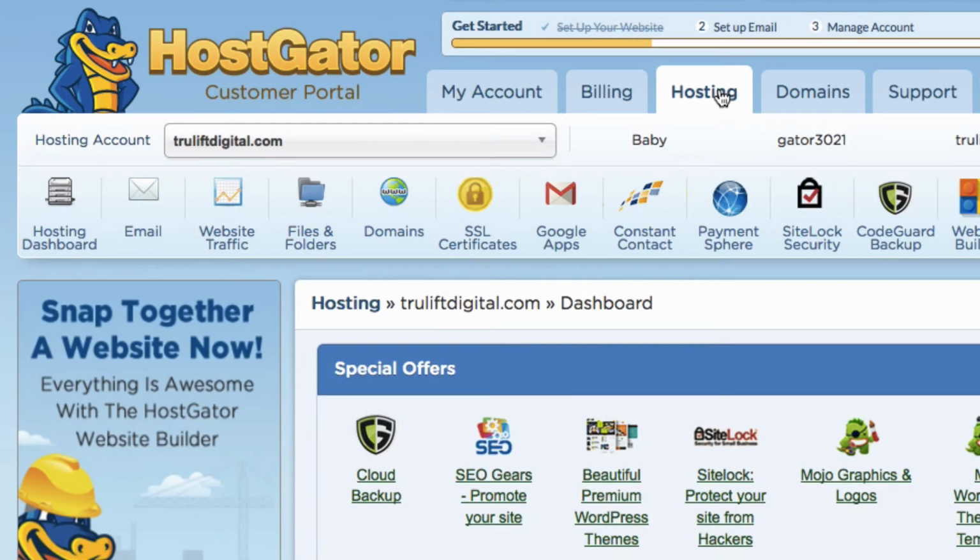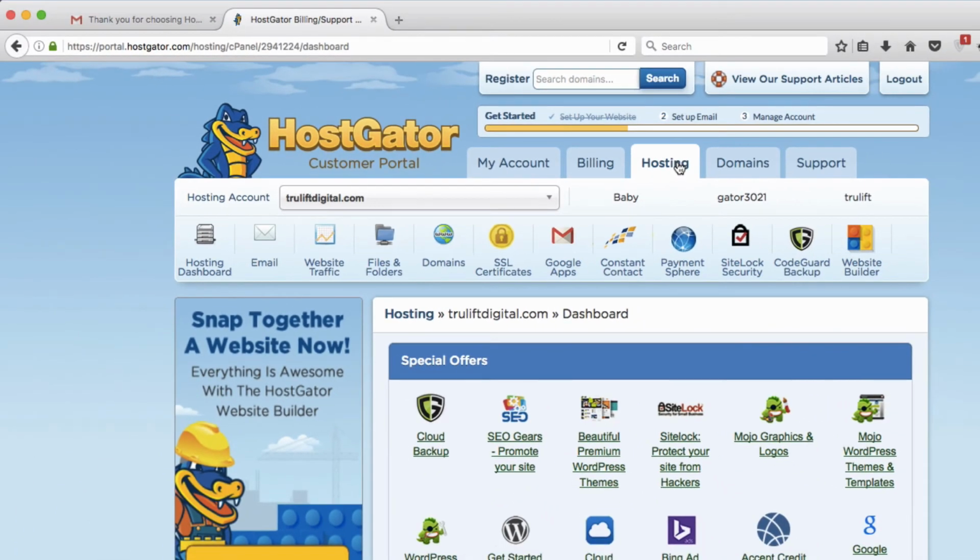Hosting is where you can directly access the majority of the features of your cPanel. We will talk about those in just a bit. Again, feel free to look around in here at all the tabs and so forth. It really is a well put together central hub, and much improved from the old days. Okay, before we go any further in your customer portal for now, let's log directly into your cPanel and get